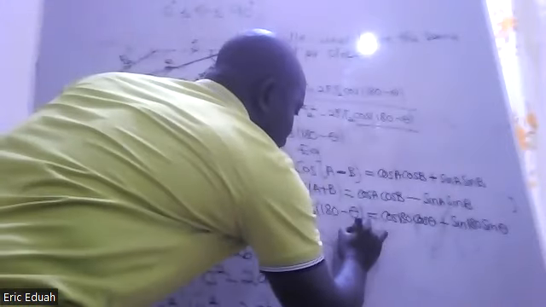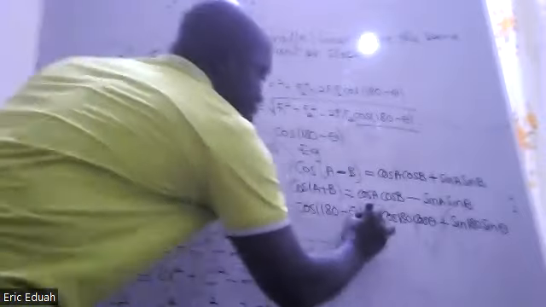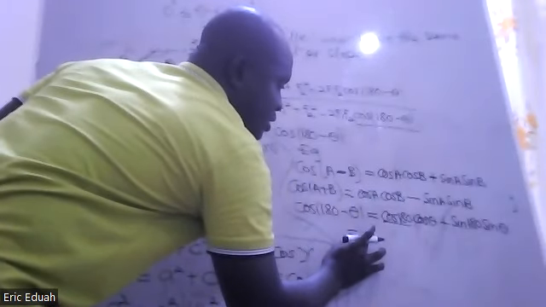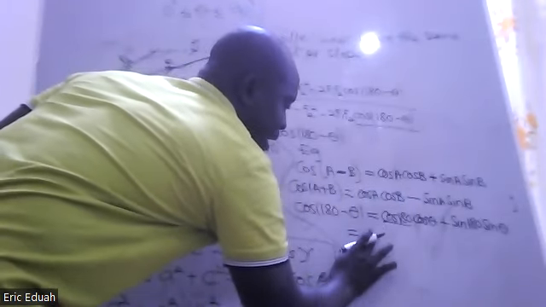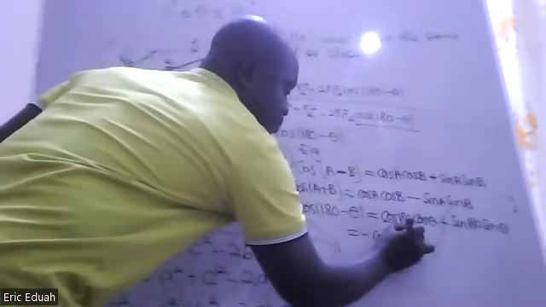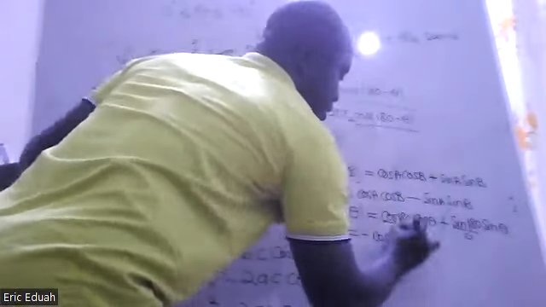Good, 100%. Now, what is cos 180? Cos 180 is equal to -1. If you have a calculator, punch it. So we have -1 times cos theta, giving you minus cos theta. Plus sine 180 is equal to 0, so this is equal to 0. This is negative